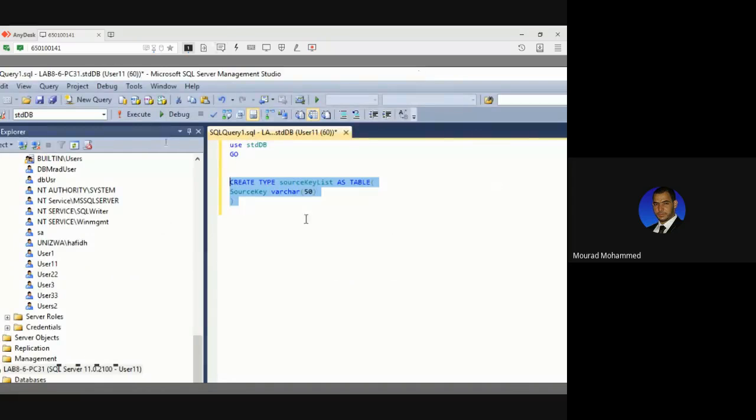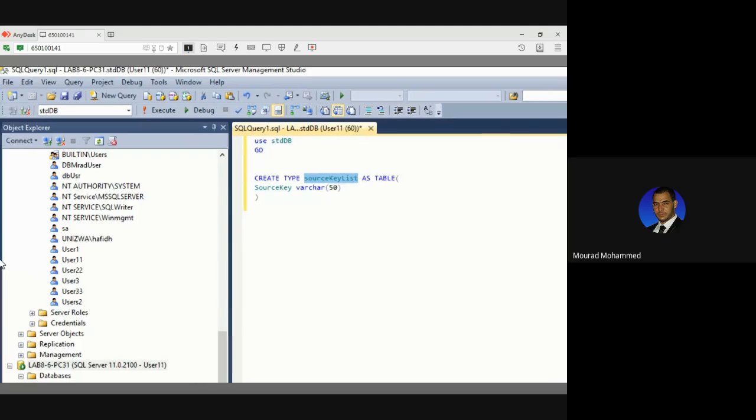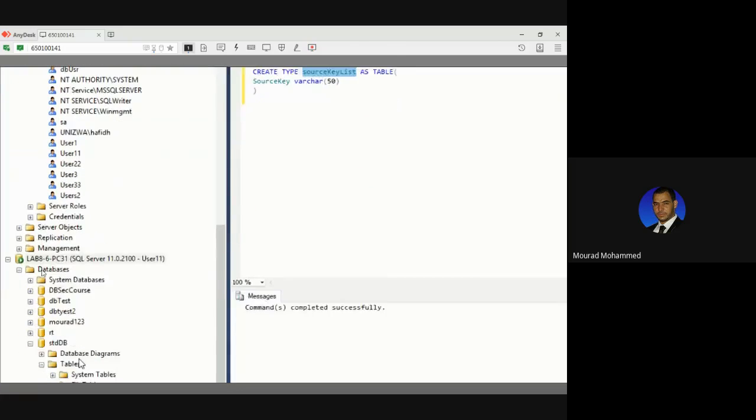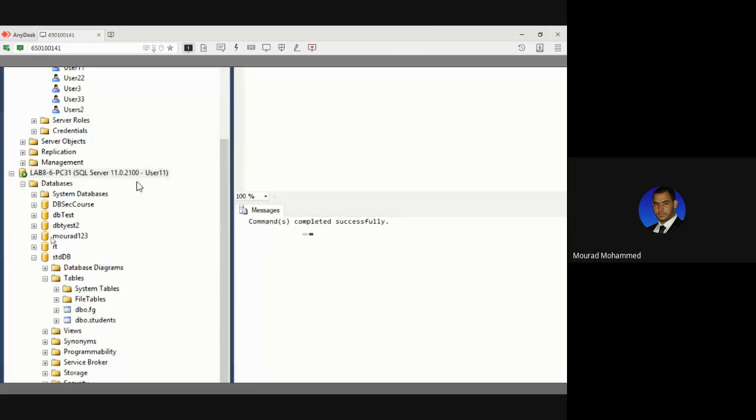What happened when I did this? A type with this architecture has been generated. A type. What is it? Where can we find it? I'm logged in as user one, yes. So here inside user one,